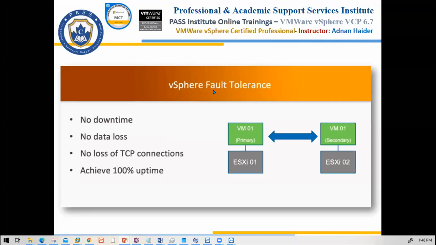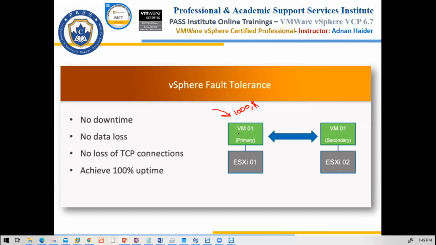Everyone, please remember that fault tolerance is a feature in which we create a copy of a second VM, a live copy of this VM. So this is my VM. Let's say this is the most important VM of my organization. This VM is making every day, let's say, thousands of dollars for my company. And how will this VM make thousands of dollars for my company? So probably this might be